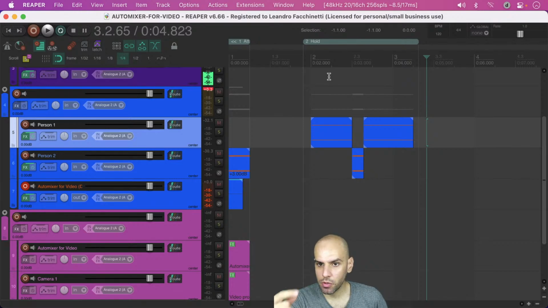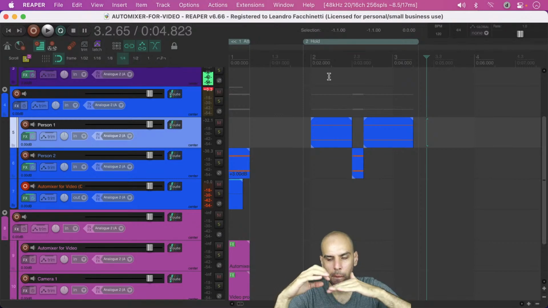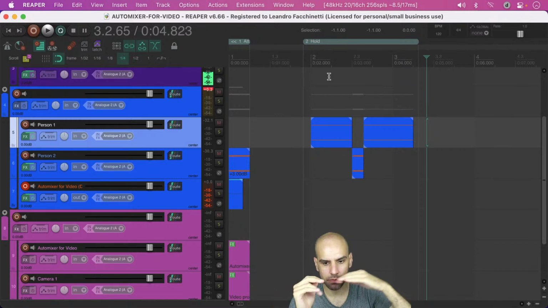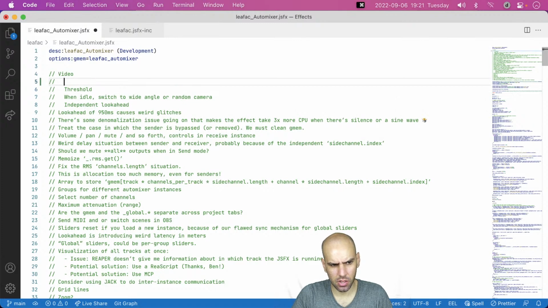So what I'm going for here is I want not only for a microphone to be the loudest, I want it to be louder than the rest by a significant margin. And this is actually not the threshold that I had in mind. It is a minimum difference.